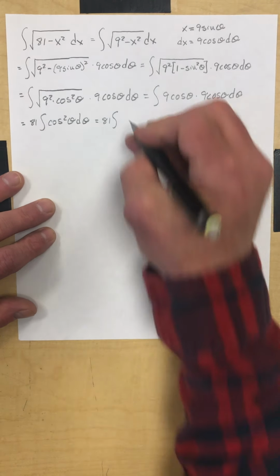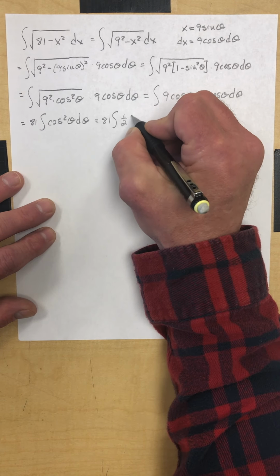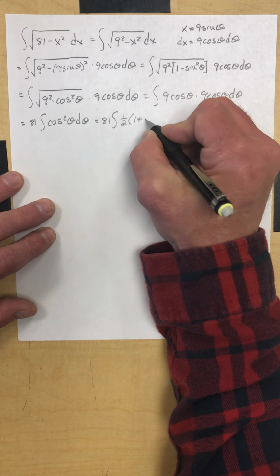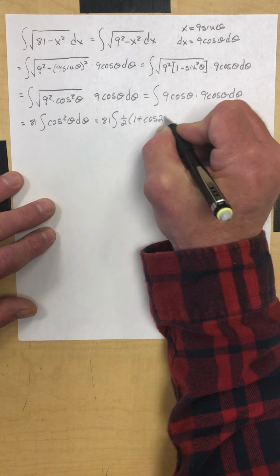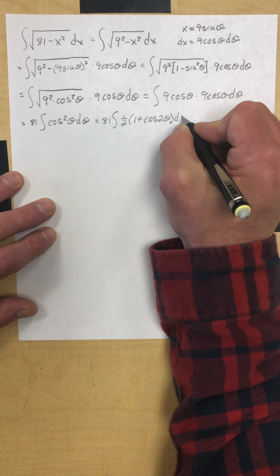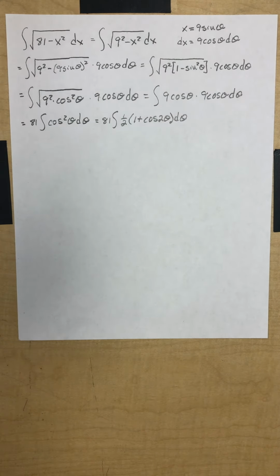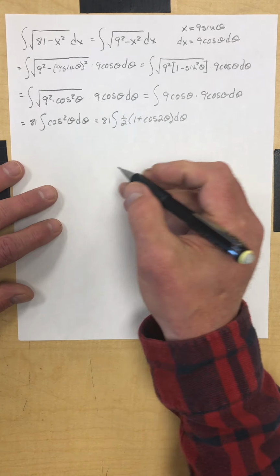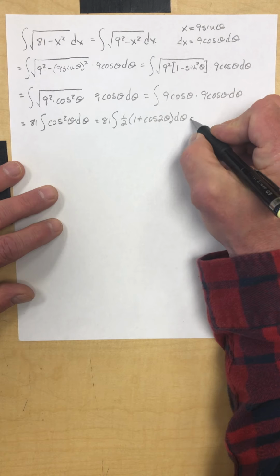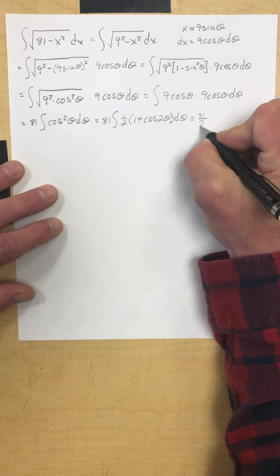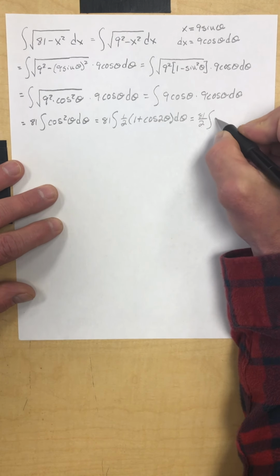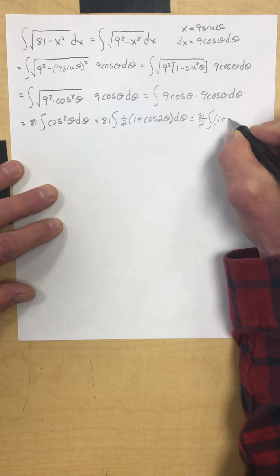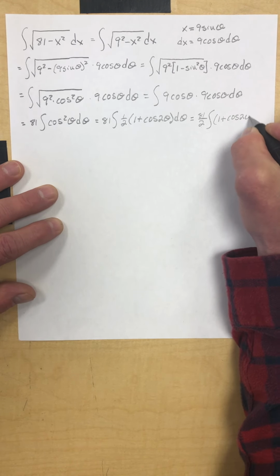Cosine squared of theta would be 1/2 times the quantity of 1 plus cosine of 2 theta d theta. Now we're in good shape. I can take that 1/2, it's also a constant multiplier, and put it out front, so I get 81 halves out front of 1 plus cosine of 2 theta